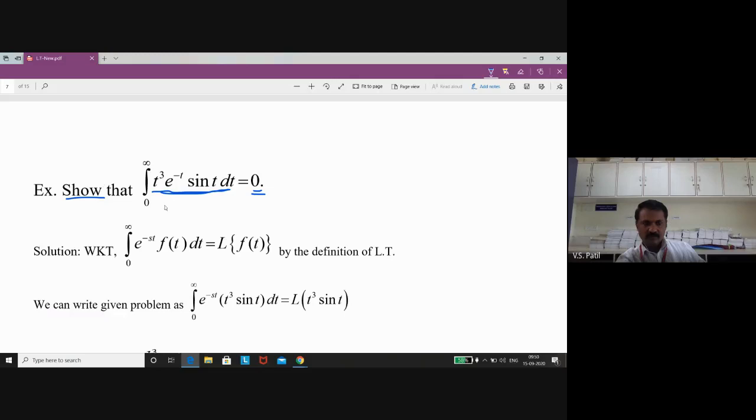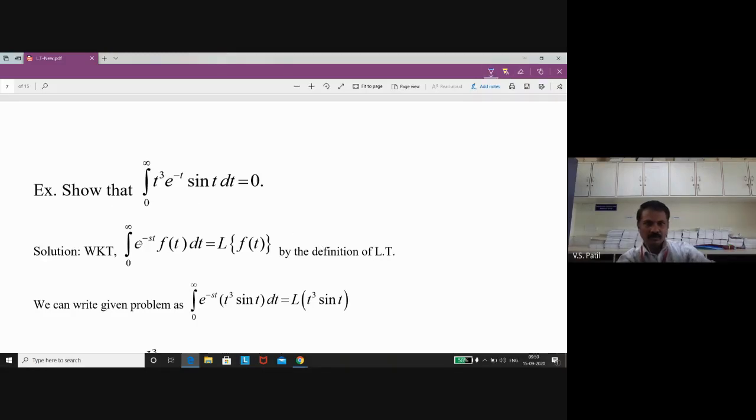If it is given like this, you should know that you have to use Laplace transforms, because if you go by the normal method, three terms are there. You will get confused about which term to take as u, which term to take as v, and all those things. The limits are also from 0 to infinity. So first we have to solve this using Laplace transform only, then it becomes easy. I will tell you how to solve this.